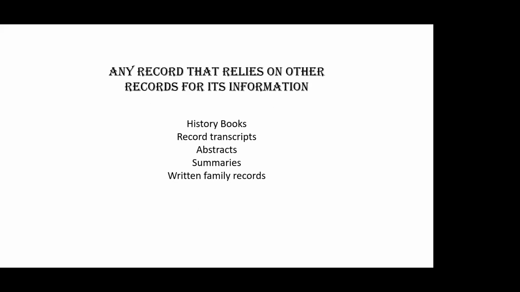To put it simply, a derivative record is any record that relies on other records for its information. These can be history books, record transcripts, abstracts, summaries, in some cases, even written family records. If your family's anything like mine, don't believe all the written family records. Now, as we go through this, another derivative that I want you to be aware of,